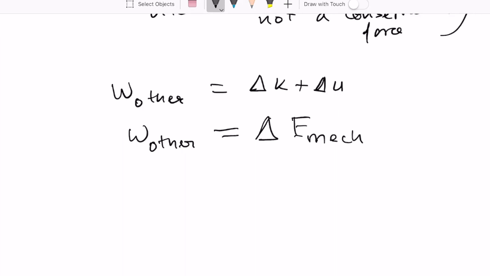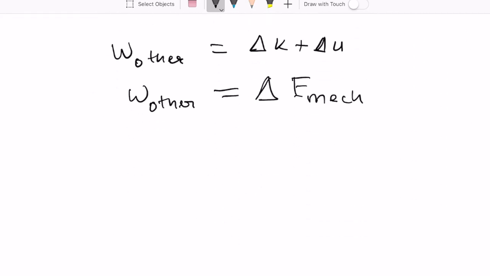What is that telling us? It's telling us that the mechanical energy of a system is only affected by the forces which are not conservative forces. So the external forces or the non-conservative forces, these are the only ones which can change the mechanical energy of the system. If all forces are conservative, so this is telling us that if